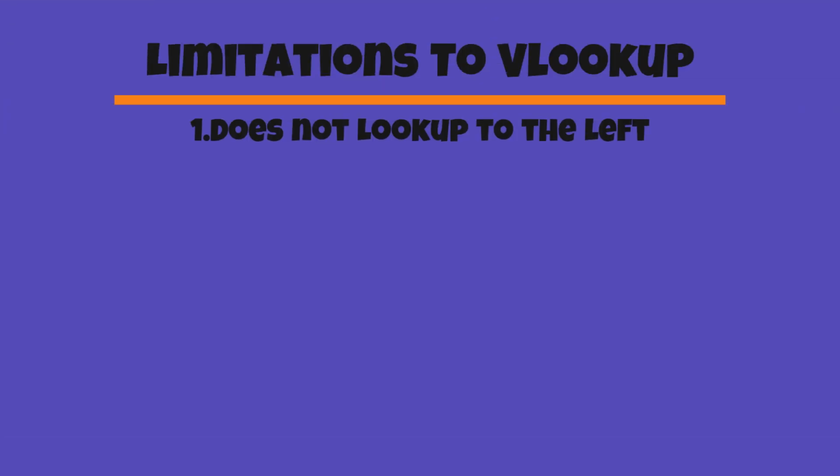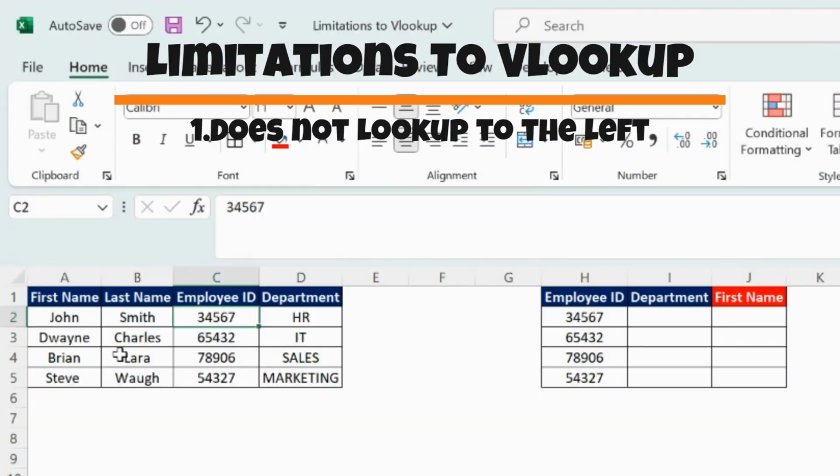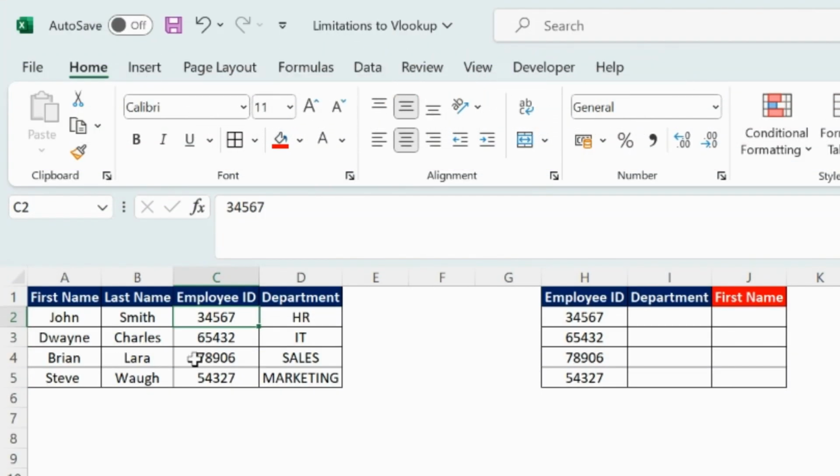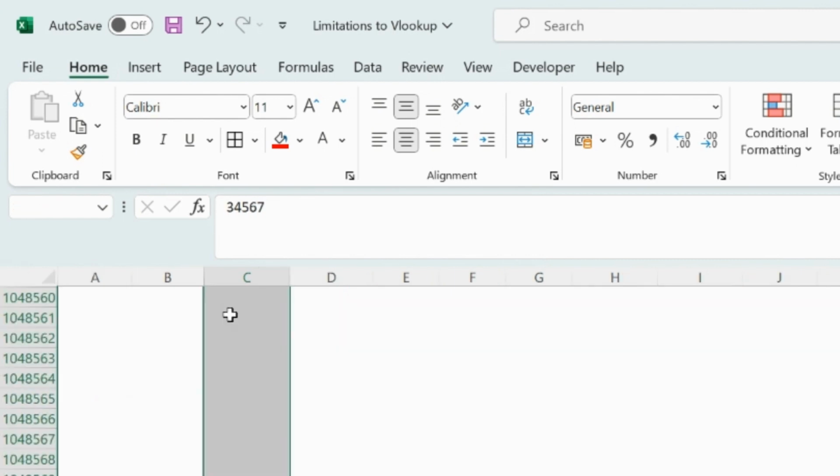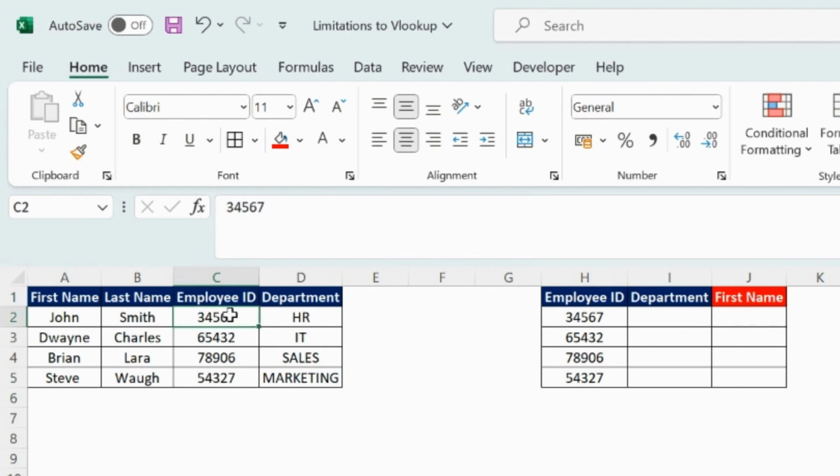So the first limitation of VLOOKUP is that it always looks to the right of the primary key. So for example, if we have this data for several employees and their departments. By using the employee ID as the primary key, I can only look up the departments column, and I cannot look up the first name or last name because first name and last name lie to the left of